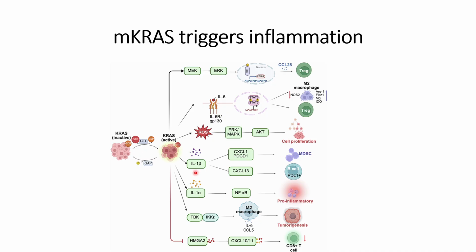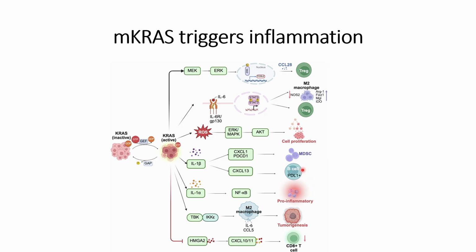Interleukin 1 beta has another role: it will also upregulate CXCL13, and this CXCL13 upregulation will cause high expression of PDL1 on the B cells, and PDL1 is the immune suppression ligand that can interact with PD1 receptors on the immune cells,